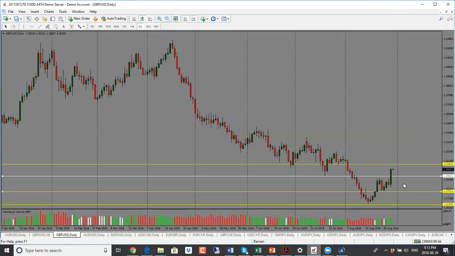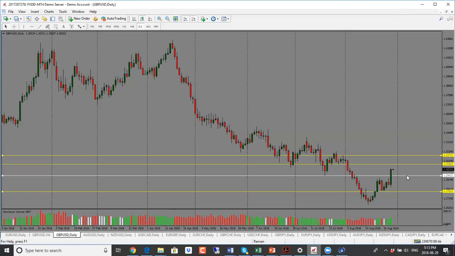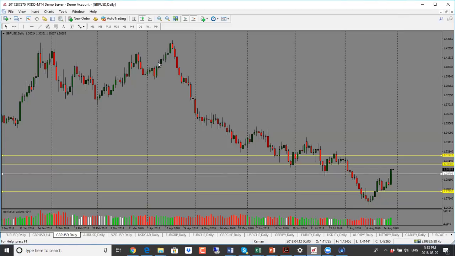So that has changed the outlook for British pound now, looking bullish, looking for price to go into 1.3080 and potentially even higher. And the next level after that would be 1.3180. So 1.3080 will be the first target. 1.3180 will be the next target. Now, we do need to be mindful of pullbacks. When we have big moves like that, usually we tend to get pullbacks from there. So in terms of pullback, I'm looking for price to pull back potentially into 1.2970 or 80 level, and then looking for a bit of a move like that to the upside.